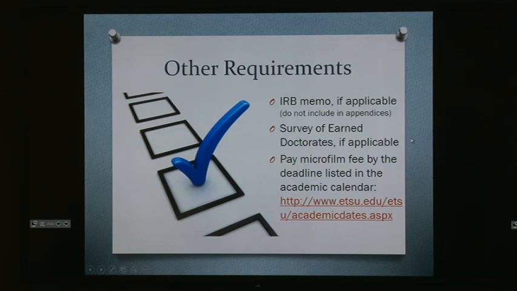All right, and pay the microfilm fee by the deadline listed in the academic calendar, and there's a link to that academic calendar. Here I can talk about deadlines since we're mentioning that. The microfilm fee is a little later than everything else, so I'll give you time to gather up some more change. But we want to talk about this summer. The deadlines are to complete, and by the way, these dates are on the grad school website, they're on the ETD website, they're also in the academic calendar, but I'll go ahead and lay them out for you.